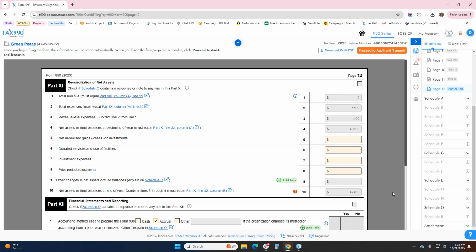So my value right now is sitting at 47,400, and it needs to be 64,400 to match my column B from the previous section. So how can I do that? I would need to add an increase to part 11. Now these fields you cannot make updates on. Those are going to be auto-calculated fields from other sections of the form. So we can use the yellow box fields down here or this add info button to make that adjustment and